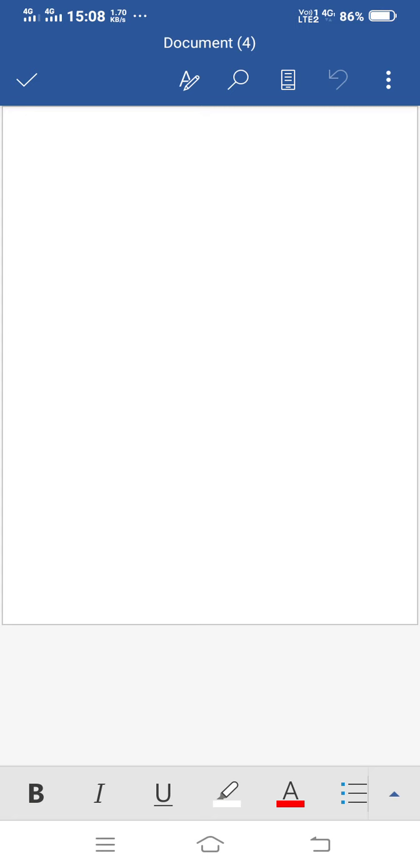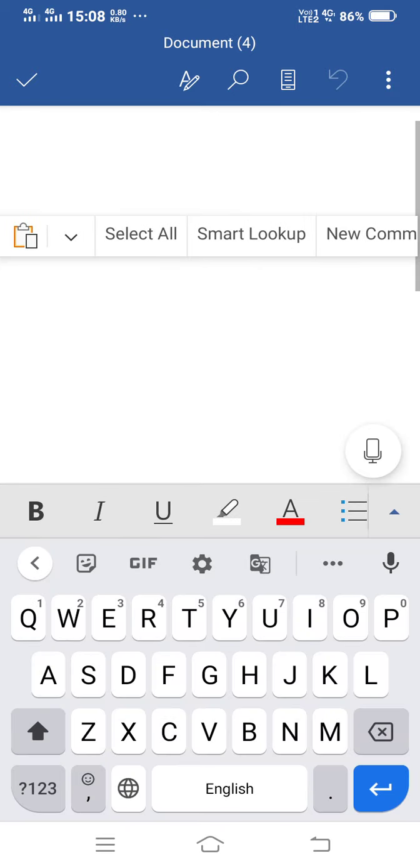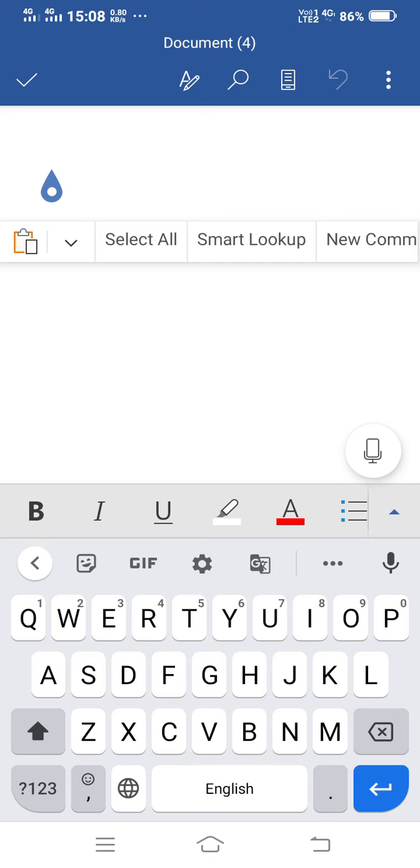Now I will show you how we can type in our Microsoft Word. If you are using this on your smartphone, then the best option is that you don't need to type on your keyboard. You can directly speak and your Word document will recognize your words and will directly type them in your document.